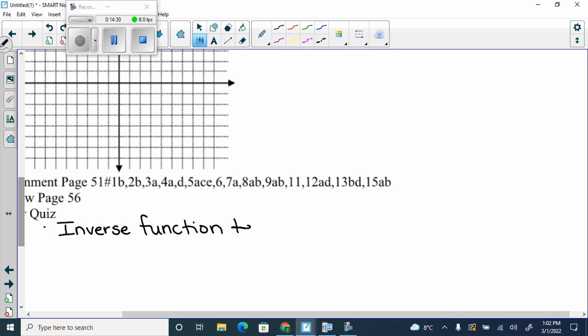Inverse function test. So if you're checking on the original graph,